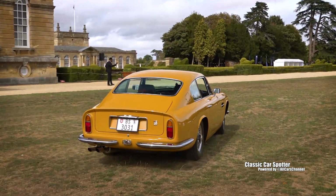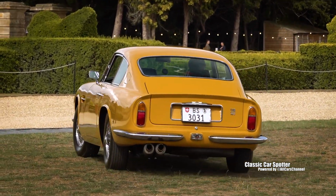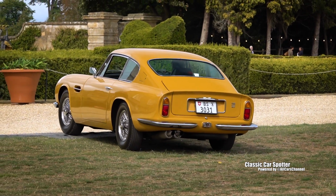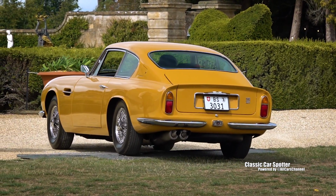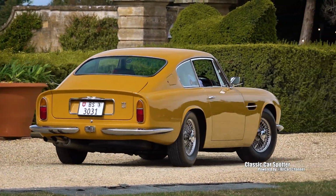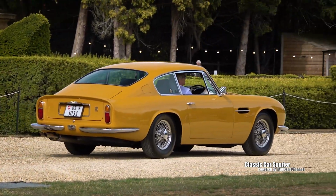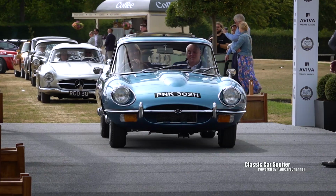Jaguar E-Type. What a smile. A family treasure, I think we can call it, can't we? Let me tell you, if I'm not mistaken, this car has been in the family since 1985, is that right? Since 1985. I think it always deserves a round of applause when someone keeps a car for such a long time. Bought by Melvin at first, on the advice of...